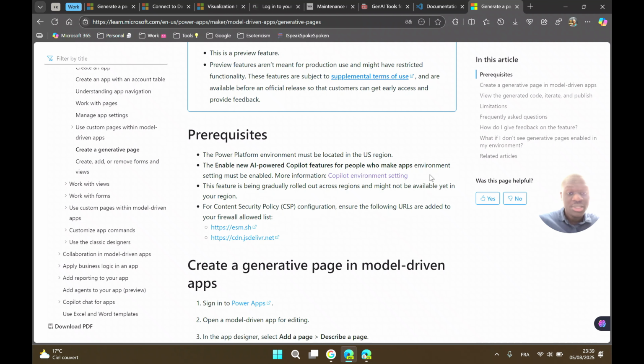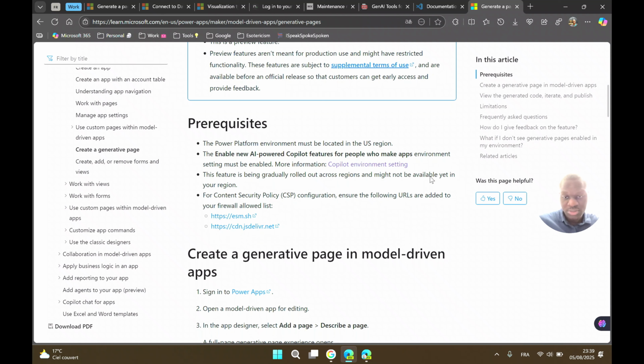Then they will be eligible to use the feature. The remaining prerequisites, I think, don't really matter. But the first one is very important: to be in the US region and to enable generative AI and the AI-powered Copilot feature in your environment.